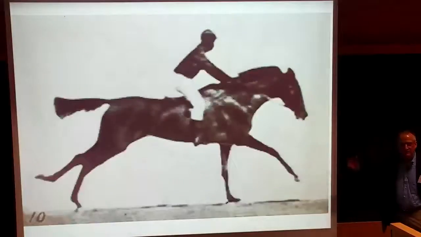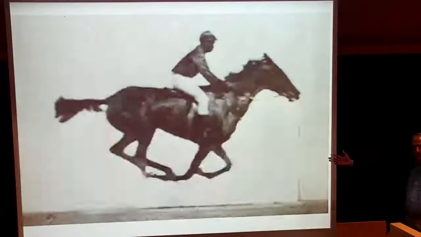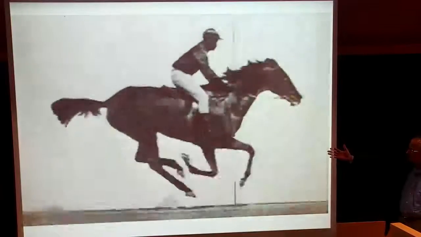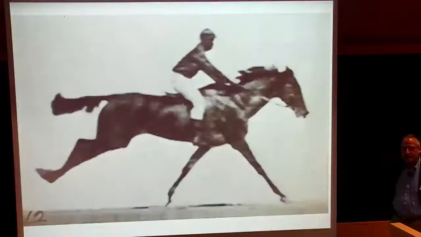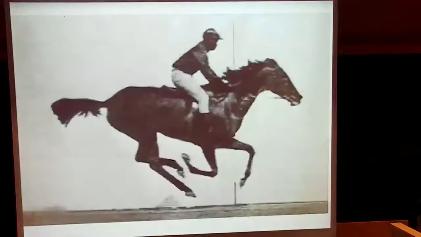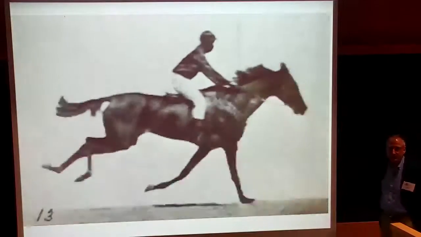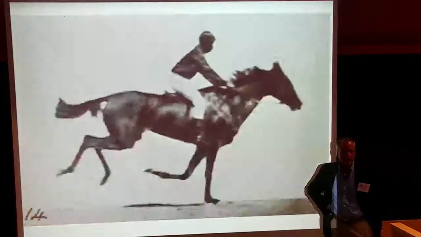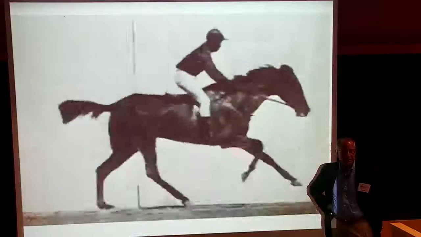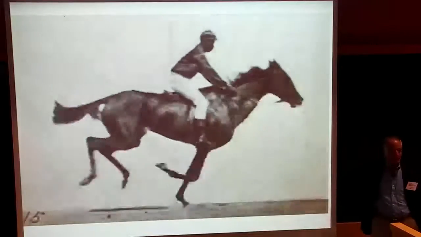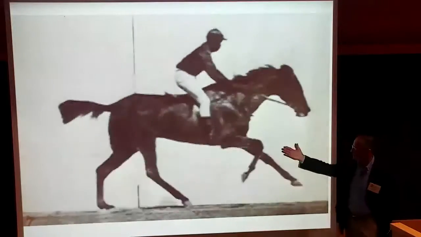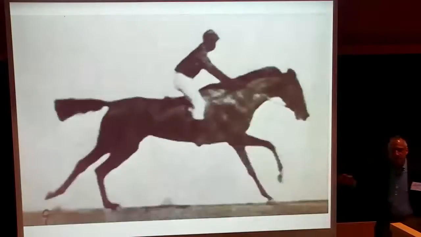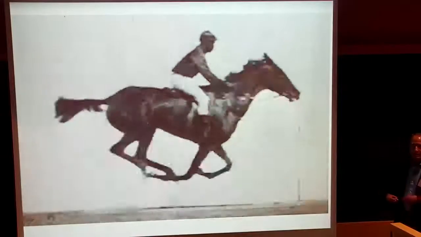So I thought I would start my talk with a California story. These pictures originated from the former governor of California, Leland Stanford, in 1872. Up until that time, there were controversies concerning whether in animal locomotion, such as this horse, there was really ever a point where all four legs were off the ground.